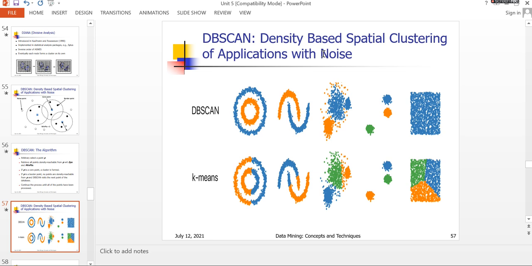We just divide left right parts or top down parts only, as shown in the fourth figure of k-means. You observed 1 2 3, three parts, beside each other: blue, green, orange. These are the three clusters. We can represent only in this way.